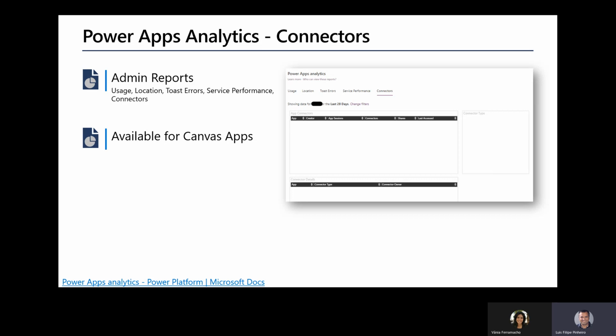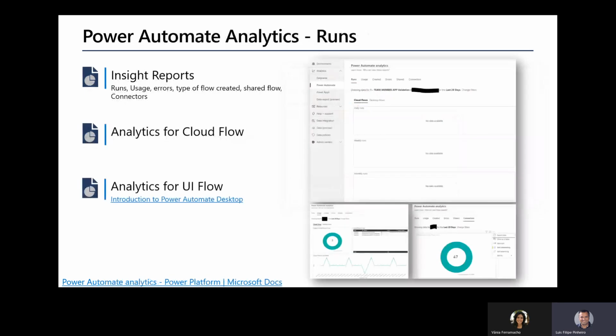The data is stored in the region that an environment is hosted in. Okay, so the data is stored for a maximum of 28 days, and the refresh rate is 3 hours. Moving forward and looking at the Power Automate analytics,